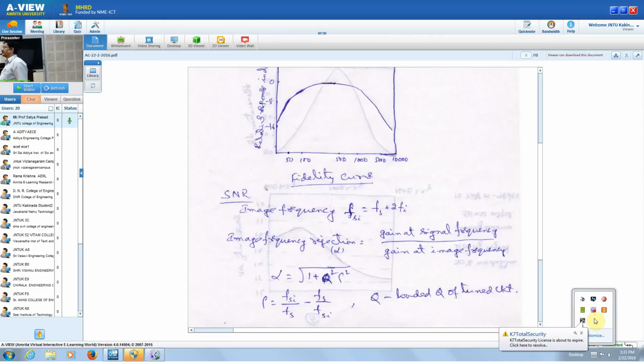Whereas the oscillator frequency is going to be the signal frequency plus the intermediate frequency that we have. So we are defined as the gain signal. See, by gain at the image,